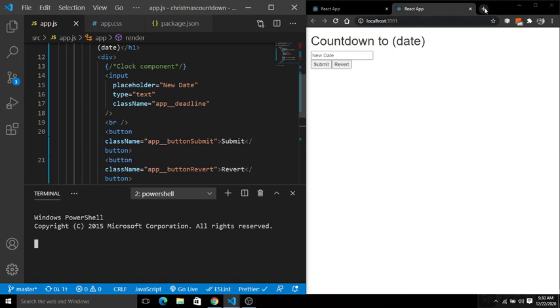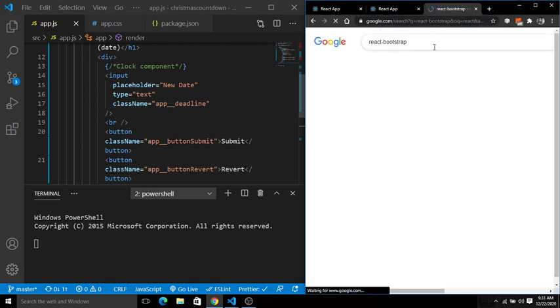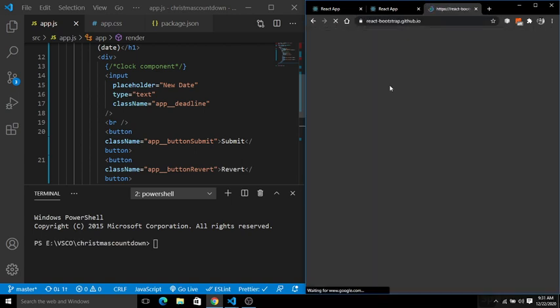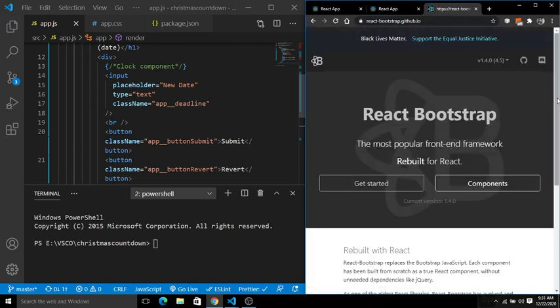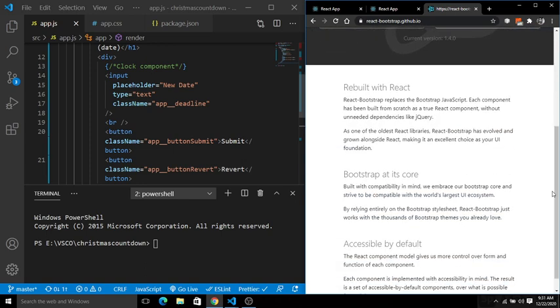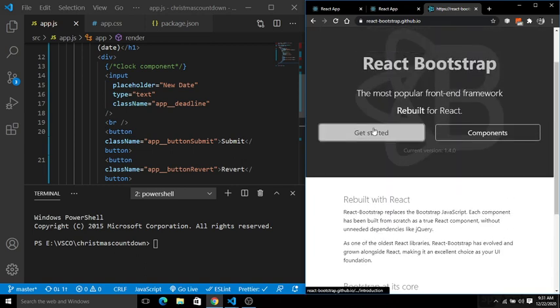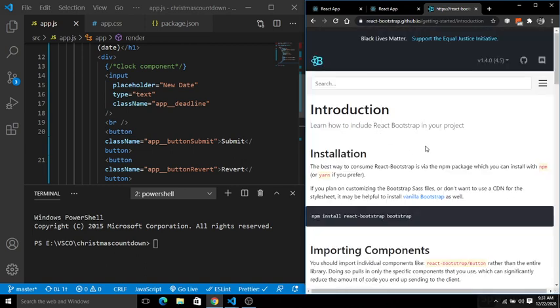If you go to your browser and search for React Bootstrap, you will see a very nice UI. You can give a very nice user interface to your application. If you click on get started, you can see here the command npm install react-bootstrap.